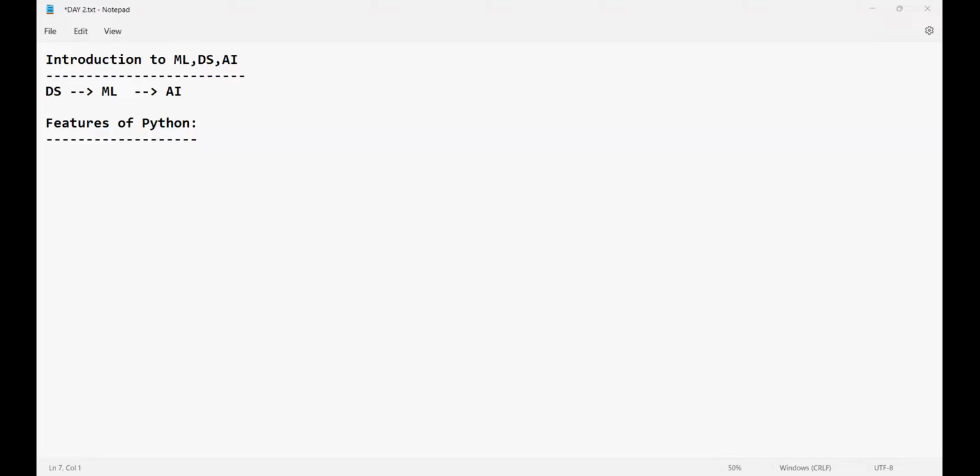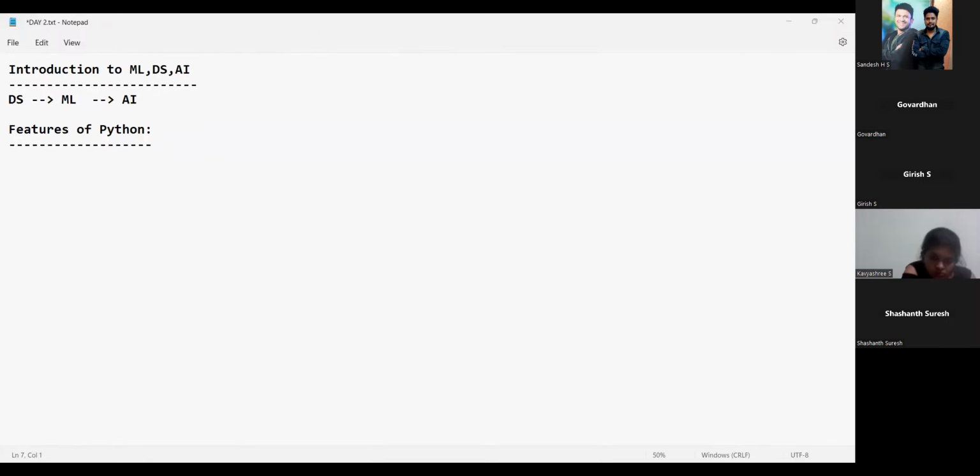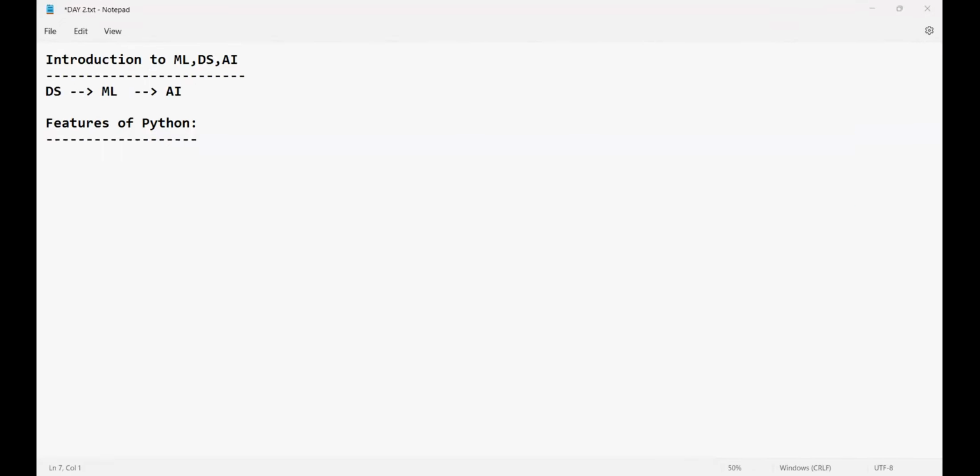Have you paid a single rupee for Python? Yes or no? No, you haven't paid a single rupee. Correct, right? Zero rupees is what you have to pay to download and learn Python. But when it comes to class, you have to pay that secondary. That means, first point, shall I write? It is very simple and easy to learn. So that we will get to know after a couple of days. That's fine, no issues.